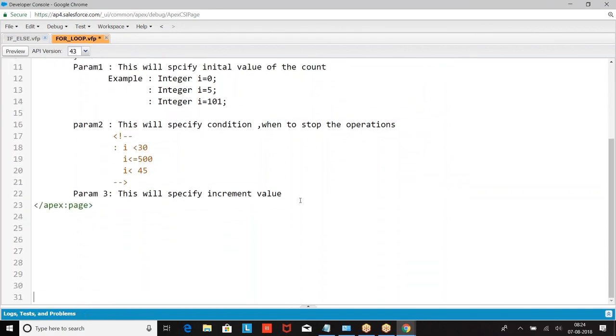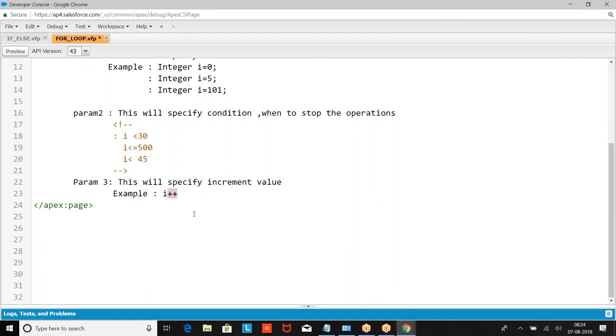Generally we increment by 1, which is nothing but i = i + 1. i++ means i = i + 1, incremented by 1. So how do you write it overall?